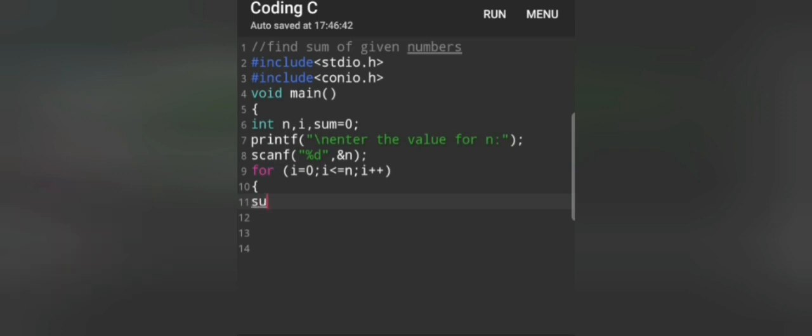Now I am assigning the value of sum plus i to the variable sum itself. This statement is written inside the for loop because this is the only process which has to be iterated again and again. The value of i will be incremented at each step, and this incremented value of i will be added to the value of our sum variable. At each step, the value of the sum variable will be changed according to the value of i.